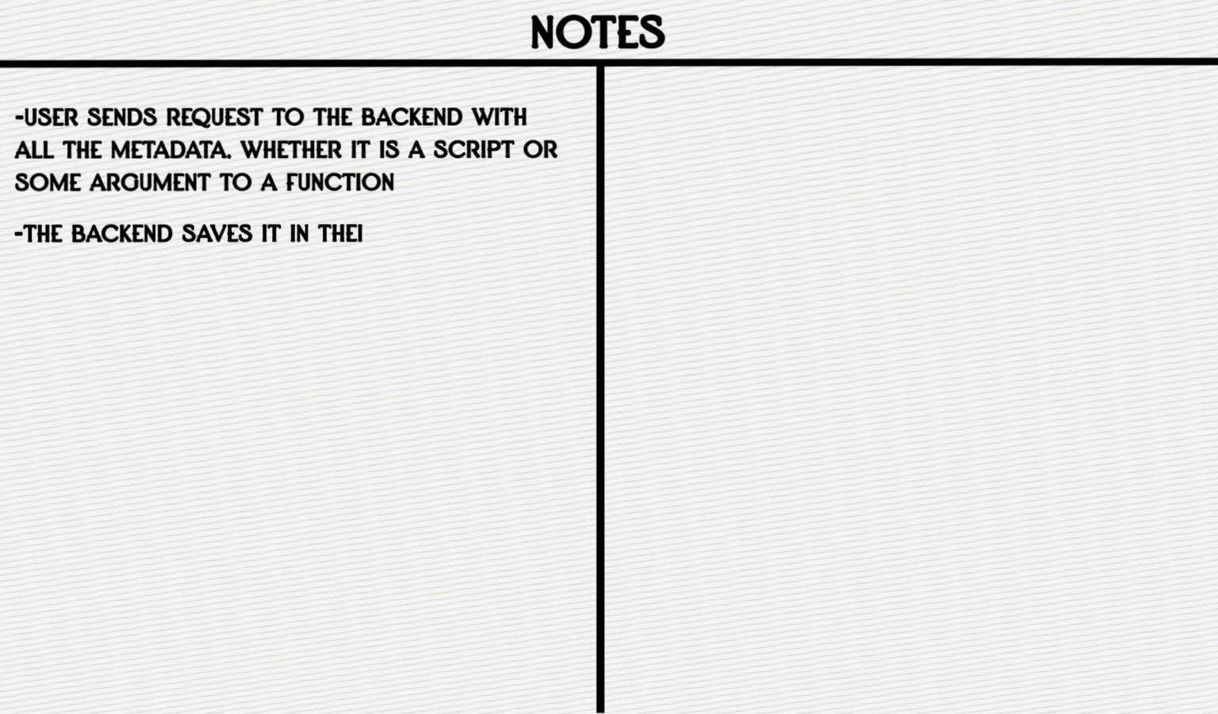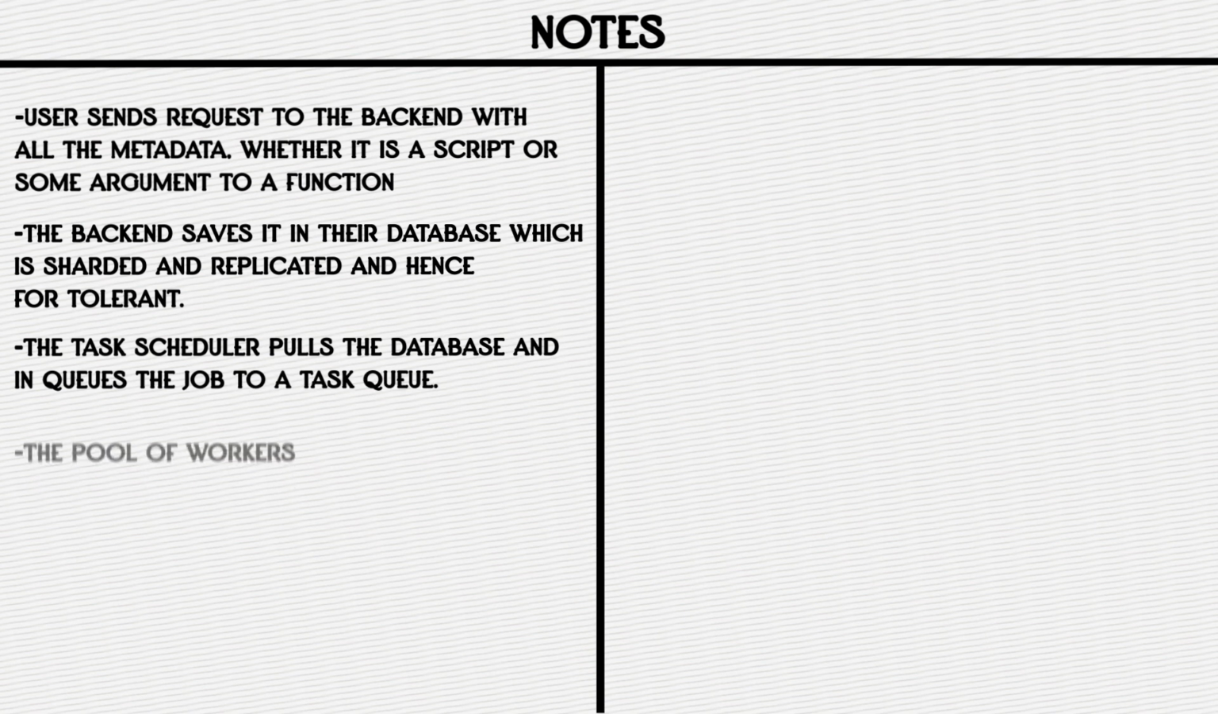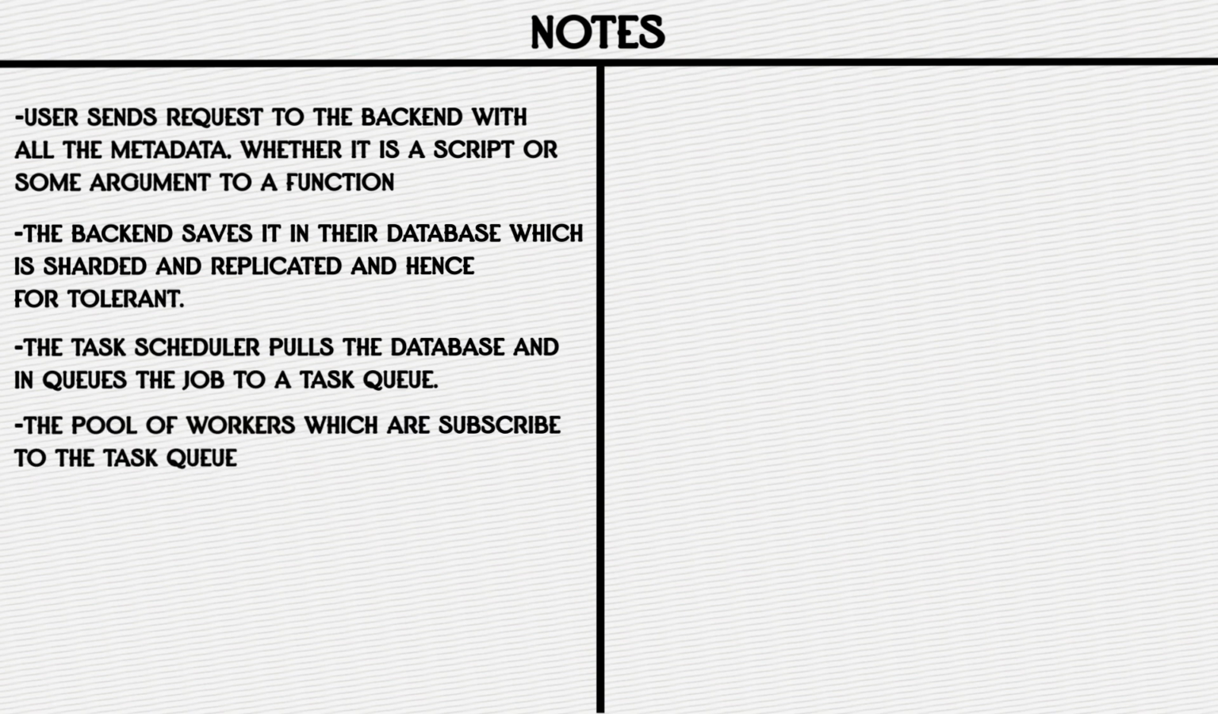Now I will just go ahead and write some notes here as well as describe the system. So user sends request to the backend with all the metadata, whether it is a script or some argument to a function. The backend saves it in the database, which is sharded and replicated and hence fault tolerant. The task scheduler polls the database and enqueues the job to a task queue. The pool of workers which are subscribed to the task queue pick up the job